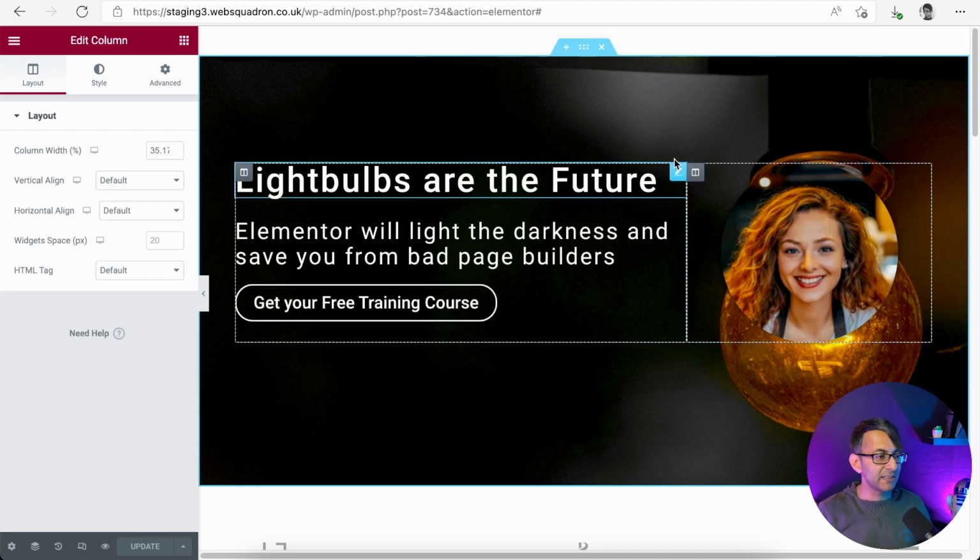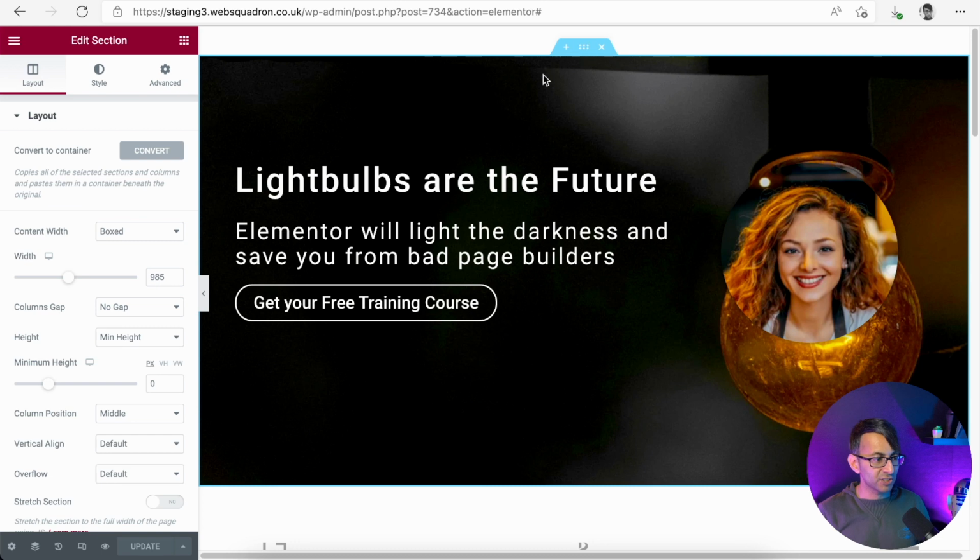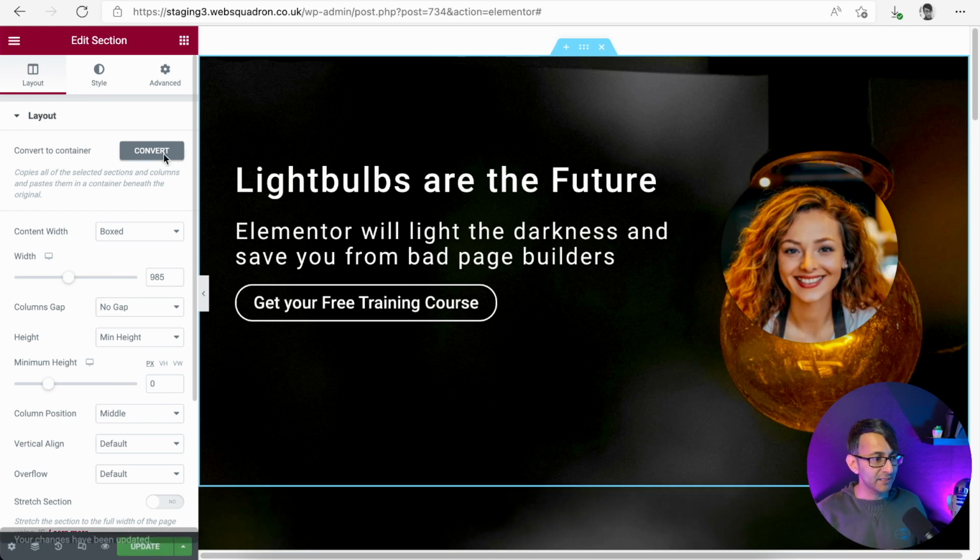We've established that. But when I click on section, do you notice anything different? You can't miss it. It says the word convert. Now, here's the beauty of what Elementor have done, and I've got to thank them so much for this. Anyone that is still getting used to how Flex Container works, and whether they're going to get their head around it, you can now convert an existing section, which will not replace your previous section, so that you can see what it looks like in Container. Let's go ahead and click Convert.